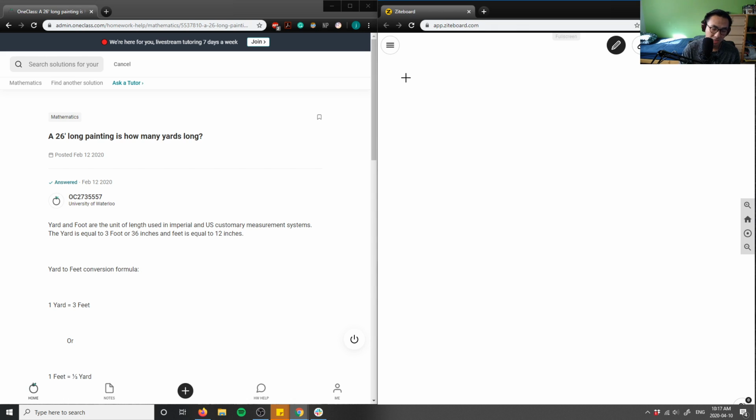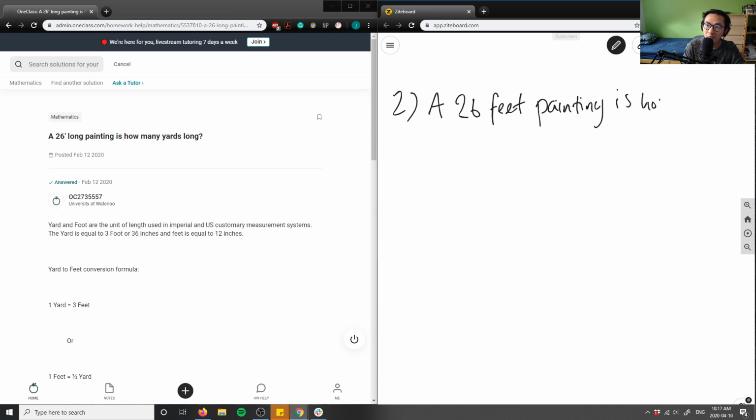Question 2 states: a 26 feet long painting is how many yards? So I'm going to write that down. So a 26, and this little dash here means feet, right? If someone's 6'3", I would write 6 foot and then 3, right? So this here means feet, and this here means inches. So that's just a little side. So I'm going to erase this. So 26 feet. I'm going to write feet painting